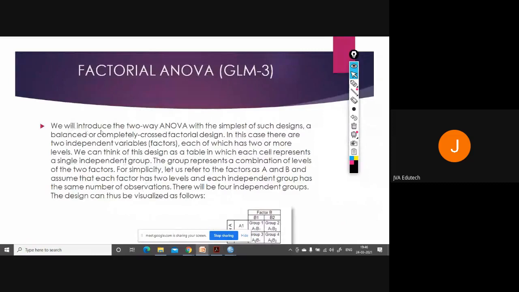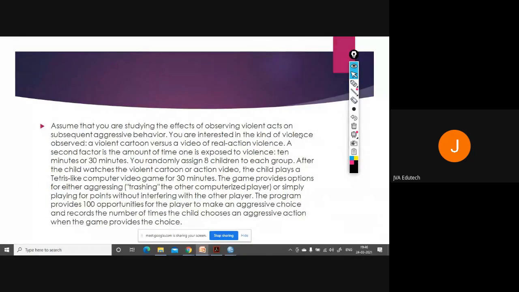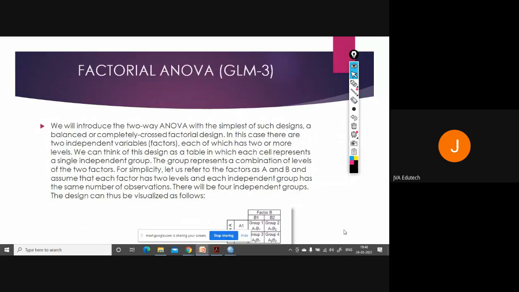So now in this we will introduce the two-way ANOVA with the simplest of design. So what is happening in this? Now you can see that we have one dependent variable, we have two factors actually, and each factor or independent variable is divided into two groups.